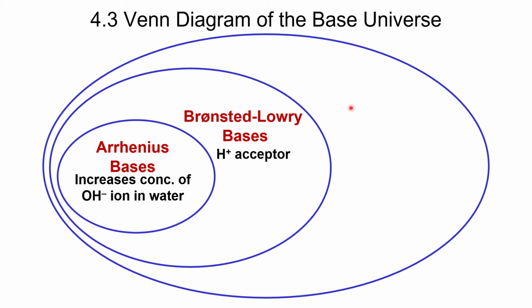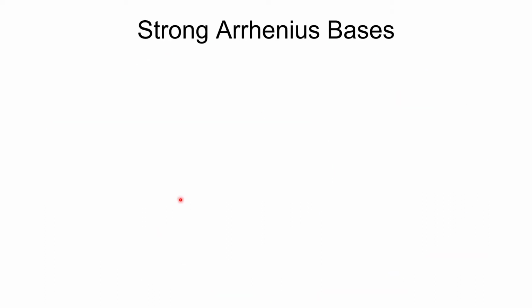All right, our even broader definition, and again, we're not quite ready to talk about this in great detail. I just mention it so that you're aware of it and that you'll see it later in General Chemistry 2, and that is Lewis bases. Lewis acids were electron pair acceptors. Lewis bases are electron pair donors. So, as I mentioned, we're going to focus mostly on Arrhenius acids because those are the ones that are relevant to what we are doing right now.